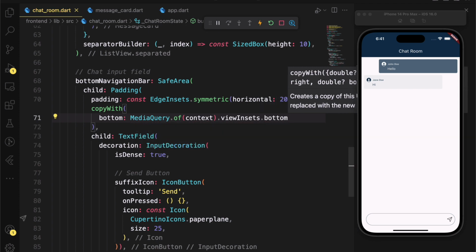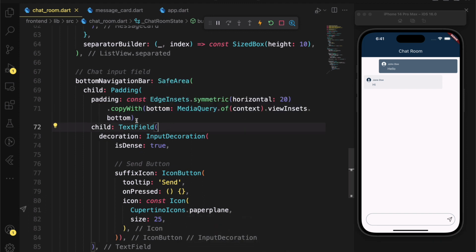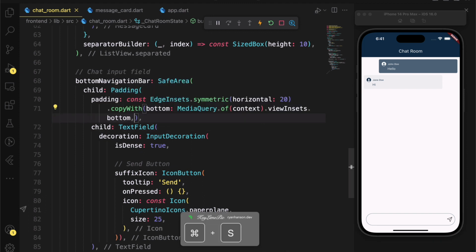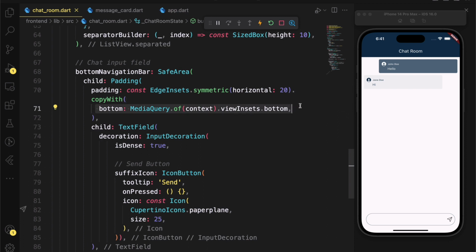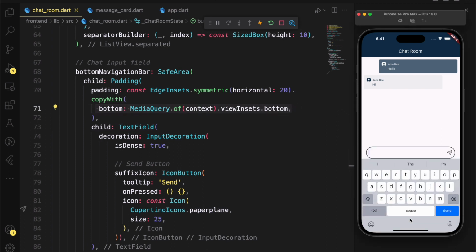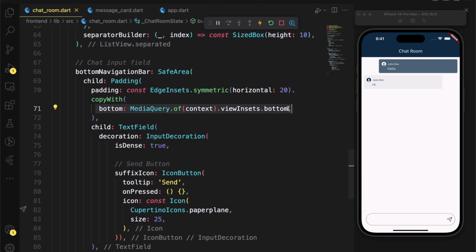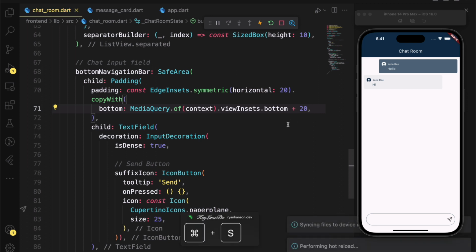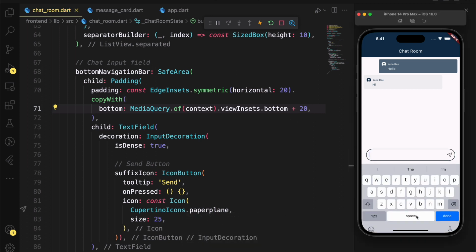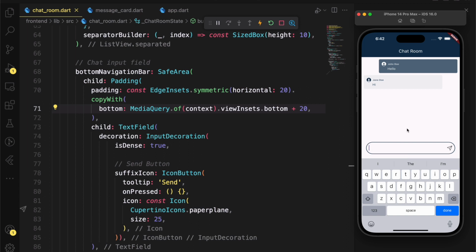So literally what this is going to do is give us how much space has been taken away from the bottom, so that we can add it to the text input, and that pushes the text input to the top of the keypad. So right now it looks perfect, but I just need to add 20 pixels to it so that it doesn't stay right on top of the keyboard. So when I click on it, you can see how good it looks. This is perfect.